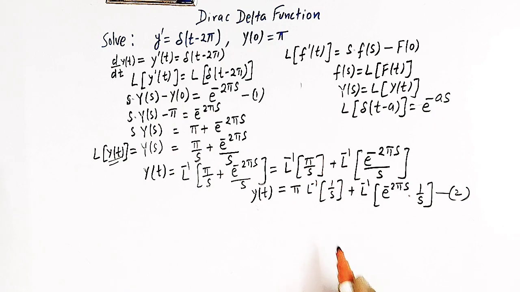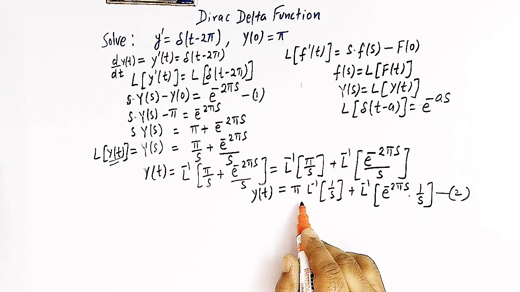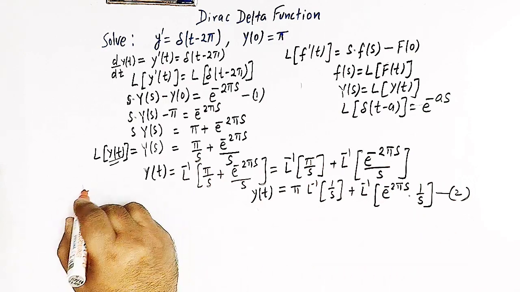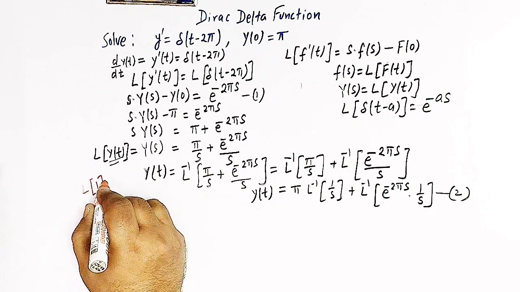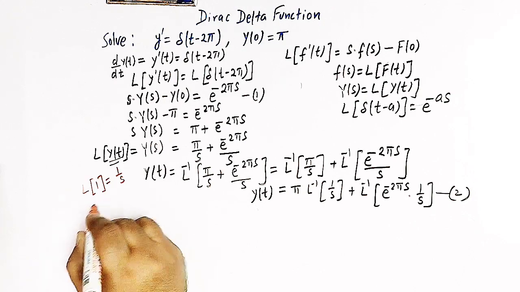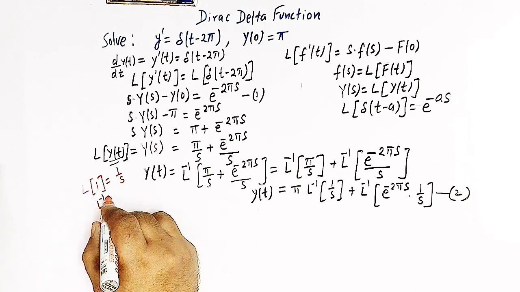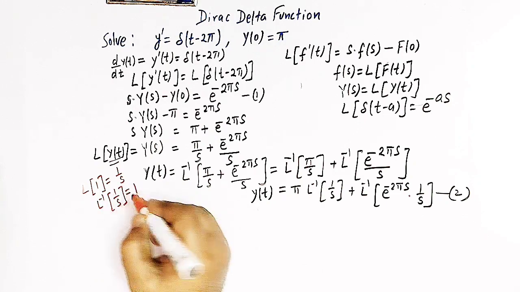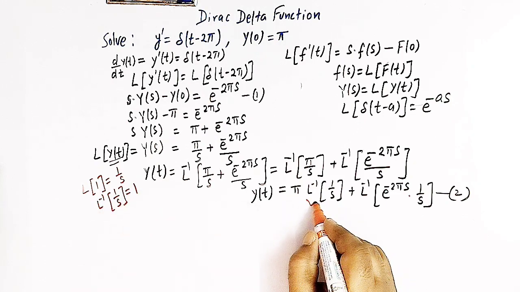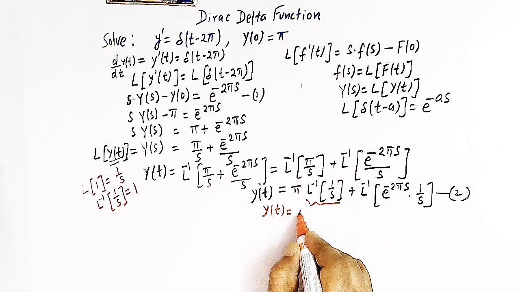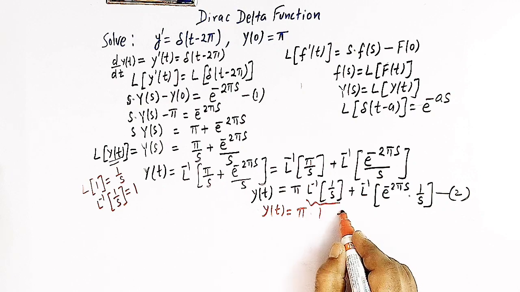So now here we'll make use of two important results from the inverse Laplace transform, right? See, we know that the Laplace transform of 1 is equal to 1 over s, right? And we can now write the inverse Laplace transform of 1 over s as 1, right? So here we have 1, so we can now write y of t is equal to pi times 1,